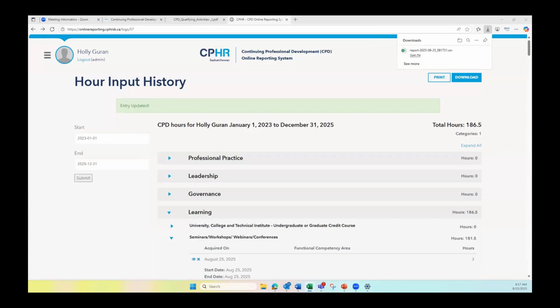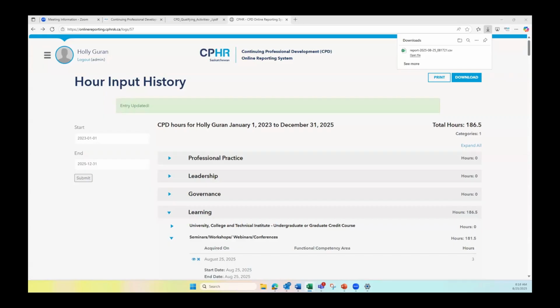I'm just going to make it a little bit bigger. So it shows in 2023, I had 69.5 hours, 2024, 85.25 hours, 2025, 28.75 hours. So I have overall in that 3-year rolling period, 183.5 hours.